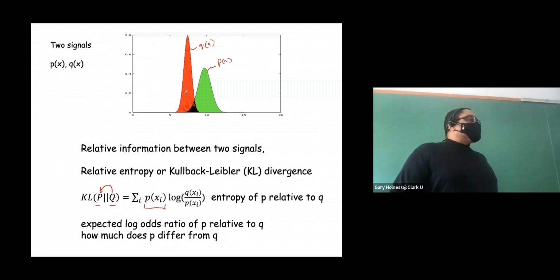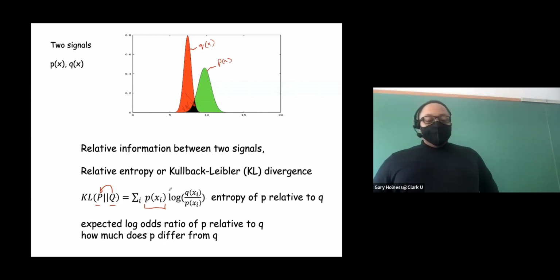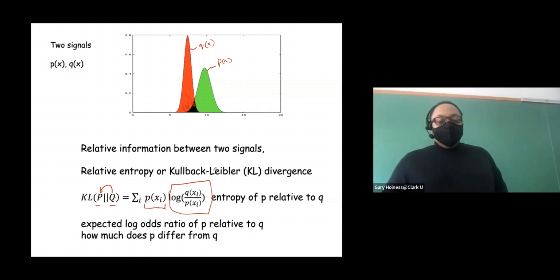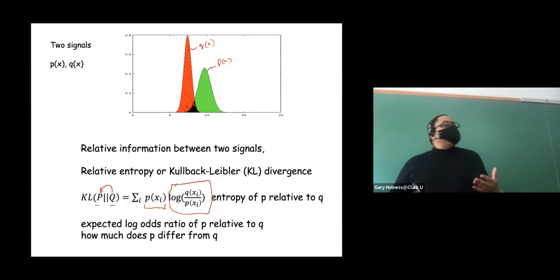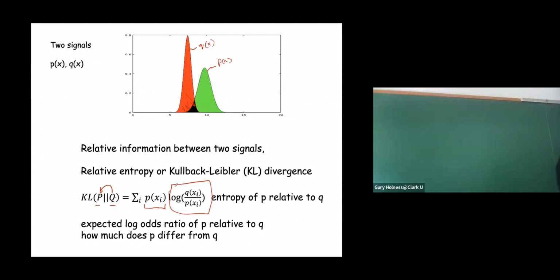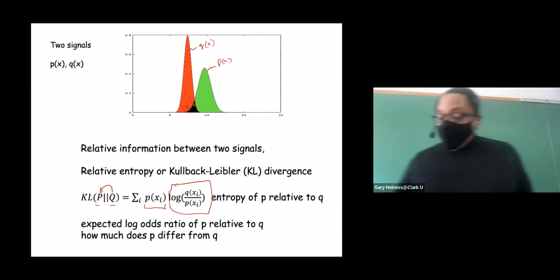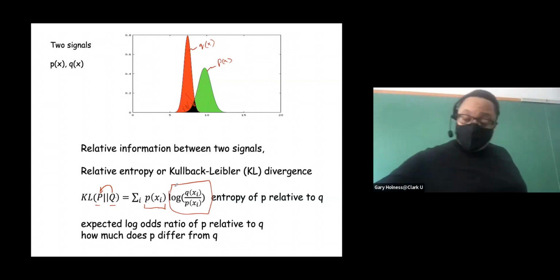Does that make sense? And so here, the Kullback-Leibler divergence of P, I got that backwards, P relative to Q, is just this expected log likelihood ratio. So there's the log likelihood ratio, the expected log importance weight, and it's the expectation with respect to signal P. Does that make sense? Okay, so it's P relative to Q. And so you're taking Q and saying, where do I match with P? And that's this notion of a distance measure, how different or similar these two signals are. Okay, any questions? Yes.